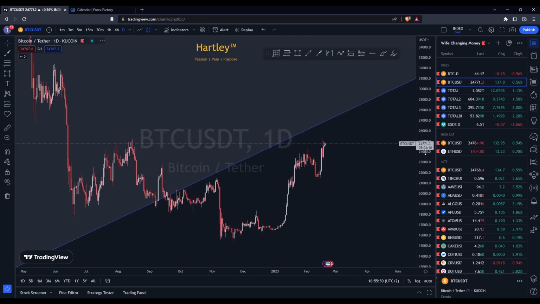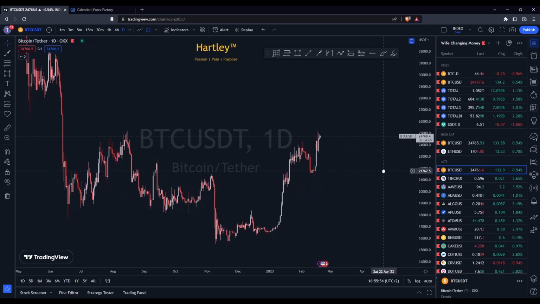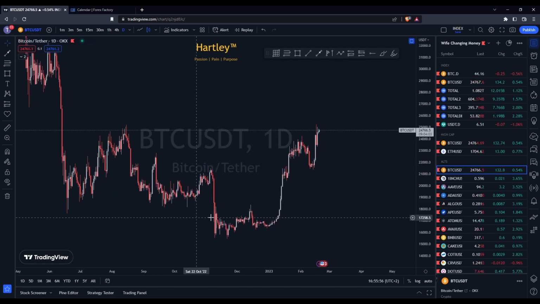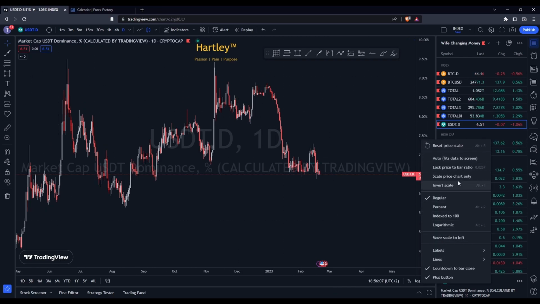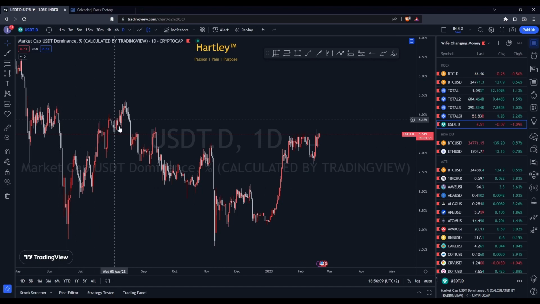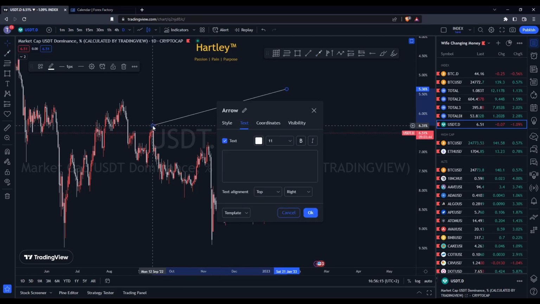So you can see there's an inverse correlation between USDT dominance and Bitcoin, right? So you can see this is Bitcoin. This is what it looks like. And if I go to the USDT dominance, you'll see it looks very similar, but it's just the other way around. So if I invert the scale, you'll see that that's basically almost what Bitcoin looks like on the daily. Busy tapping into resistance over here, right? Bitcoin has that same resistance level,